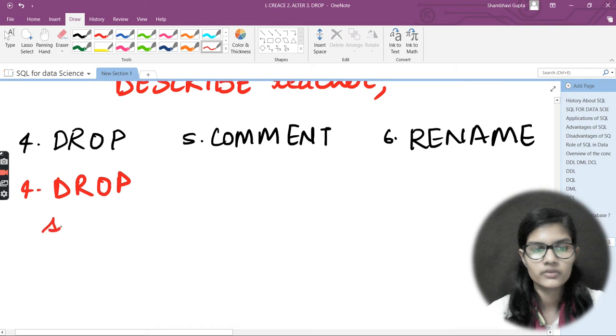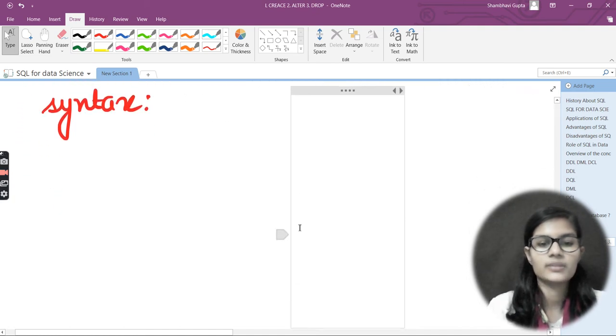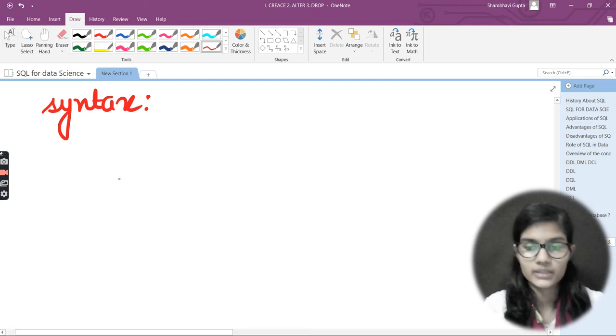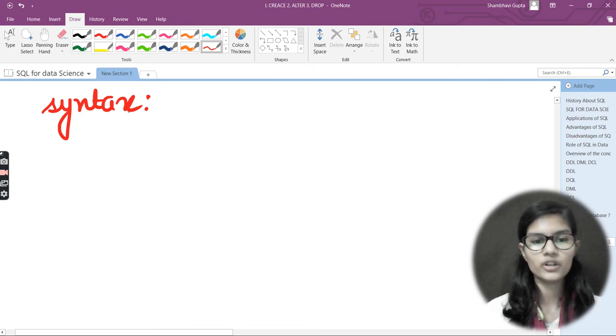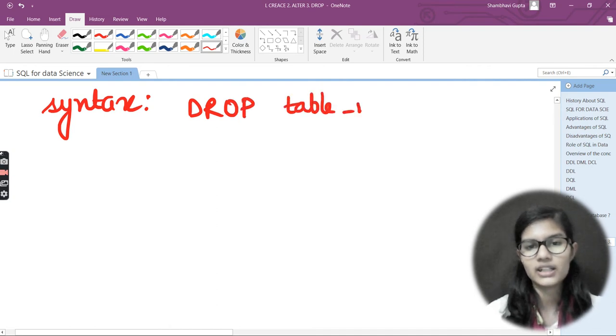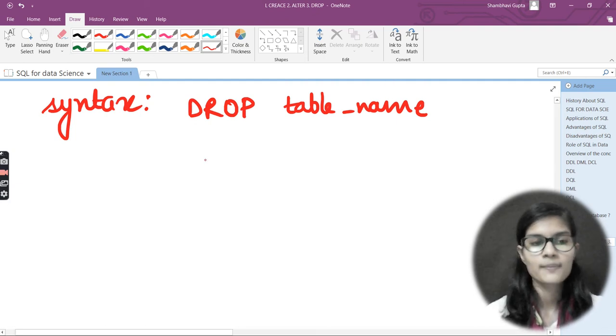First of all, I would write out the syntax for that. So the drop function, why is it used? It is used for dropping a table. Let's say you have made a table and you want to drop that particular table. Let's say above I had made a table which was named teacher, and now I want to drop, meaning delete and remove, that table. So how to do that? For this, we have the syntax, that is drop, and after that table underscore name. This is how we do the same thing. Syntax: drop table underscore name.